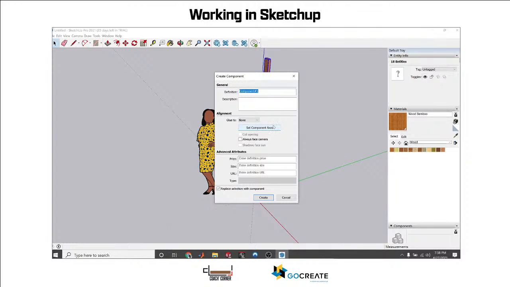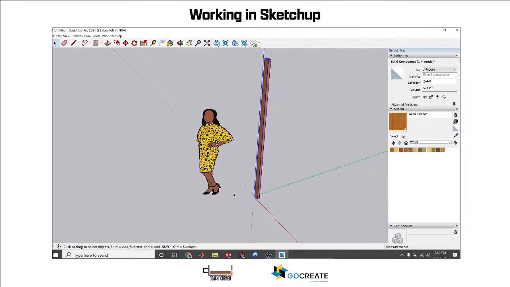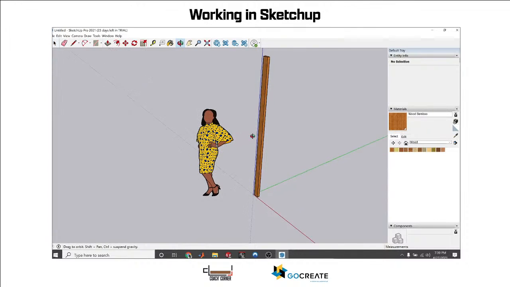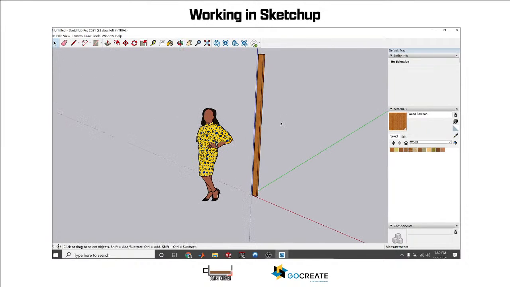So let's call this a 2x4x8. We can glue it to horizontal, vertical, sloped. I'm just going to keep that to none, and hit OK. Perfect. So now, in theory, I have this model that I can just